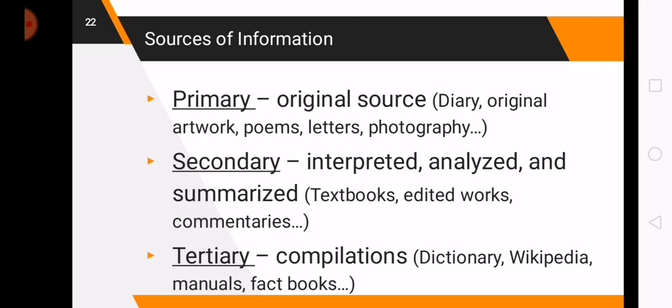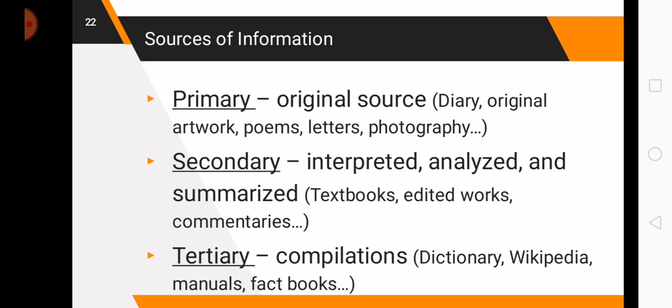So the primary sources are the records of events or evidence as they actually happened, without any interpretation or commentary. So what actually happened? So that is the primary source. So example, yan, diary, original artwork, poems, letters, and the photography.